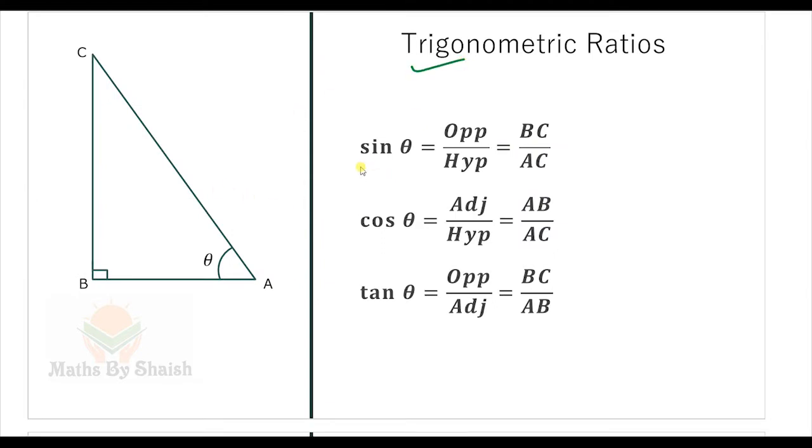Here we will be studying only sin theta, cos theta and tan theta. Sin theta is the ratio of opposite upon hypotenuse. Cos theta is the ratio of adjacent side upon hypotenuse, and tan theta is the ratio of opposite and adjacent, which, as we can see, is only applicable in the right angle triangle.